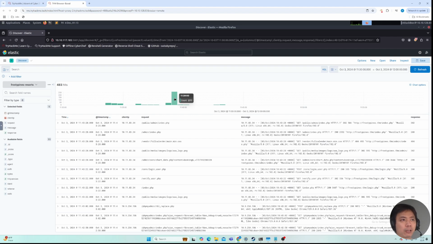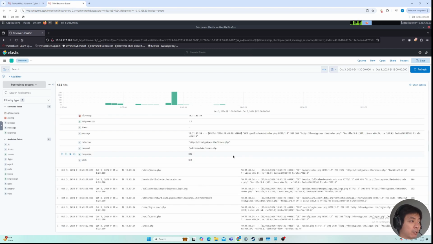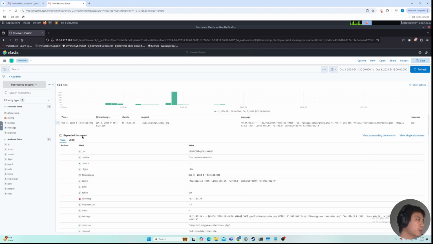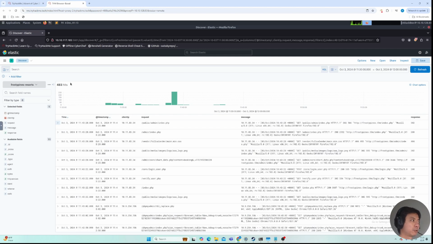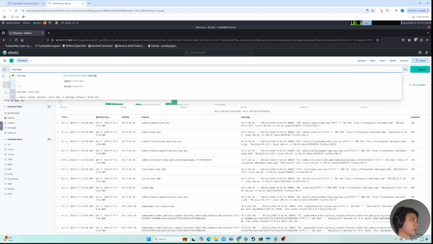You can actually go through each of these log event entries to take a look. You can click on this arrow right here to expand the log and then read everything, but it's going to be time consuming and not very productive. It's not very efficient. One way to do that is to use KQL, the Kibana query language. You can use message, like the room explained,